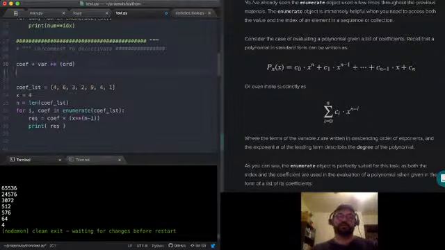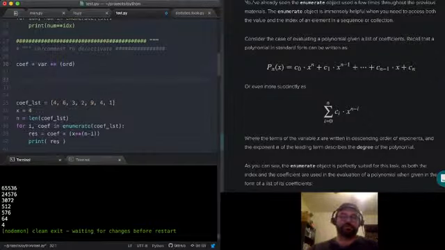We often see a polynomial like 4x cubed plus 9x squared